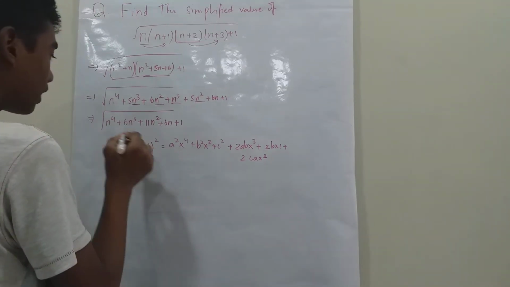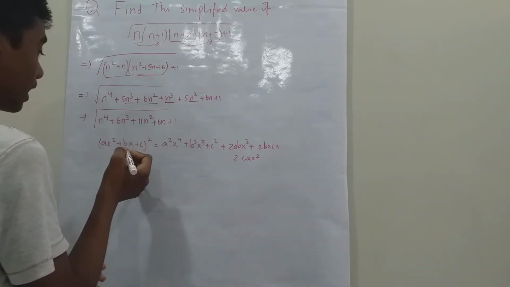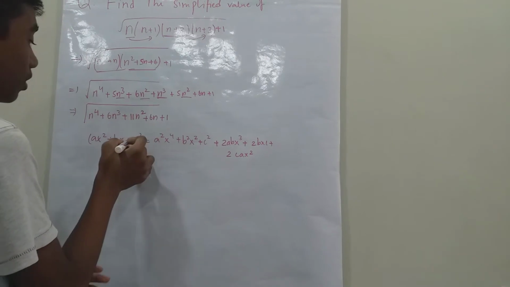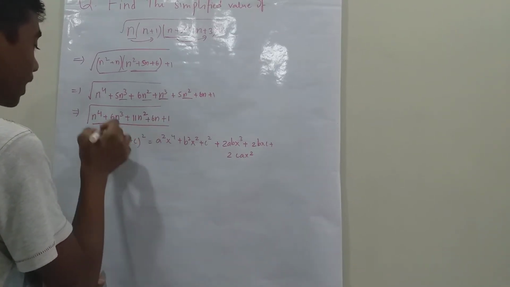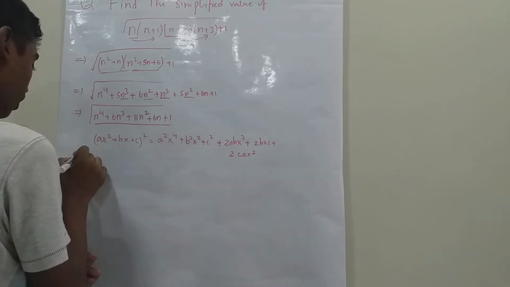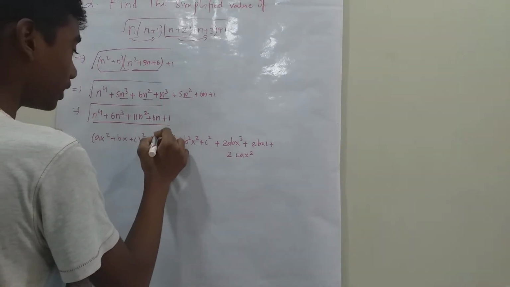Well, actually I want a quadratic so that when this one is a perfect square, I could just cancel the square and the root. So I'm just going to take this whole expression